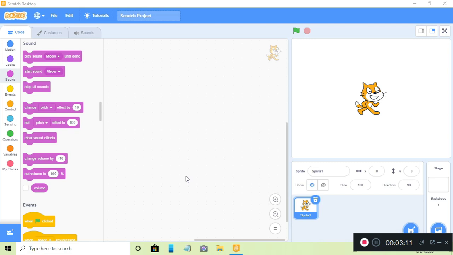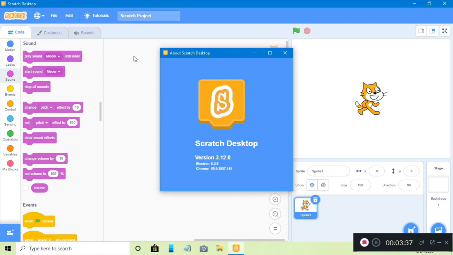Alright, now Scratch 3.0, the newest version of Scratch, was launched in January 2019. For checking the version of your Scratch software, you will go to the left corner where you can easily see the Scratch logo.